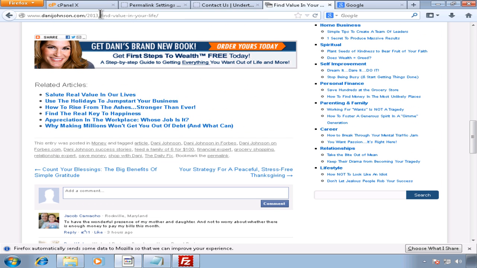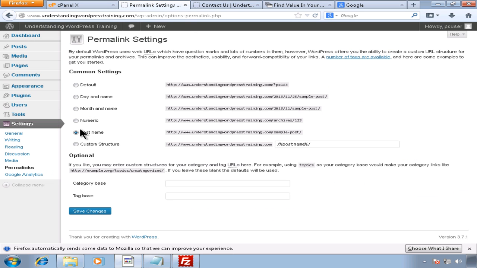For instance, that is a good example. If you're ranking for "find value in your life," right? If you want to rank for that, these are the settings that you need to choose. As you can see here, there are default, date and name, month and name, numerical, and post name. So it's using the post title. That's what it's doing. If you want to customize it, do some friendly stuff, I would tend to use the post name